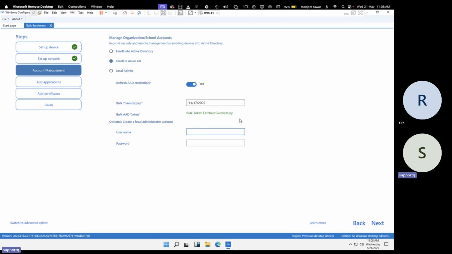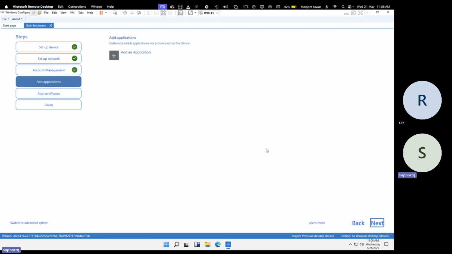With the help of the application, you are able to enroll n number of devices. Very basic steps are required. You just need to click next. This is a really important panel, because sometimes a client will request a bulk enrollment with multiple applications. Whenever you enroll any new device, make sure Adobe Reader, Google Chrome, VLC Media Player, Tally, these software are automatically installed